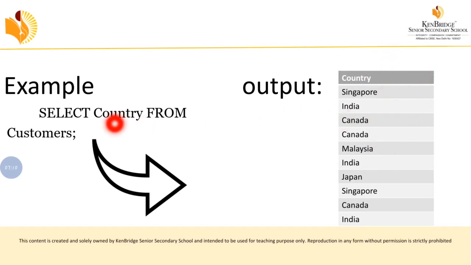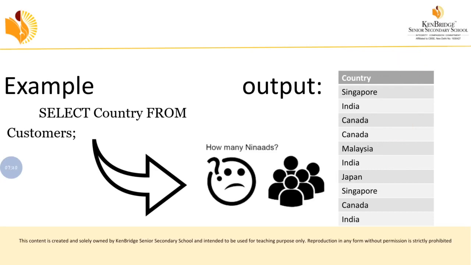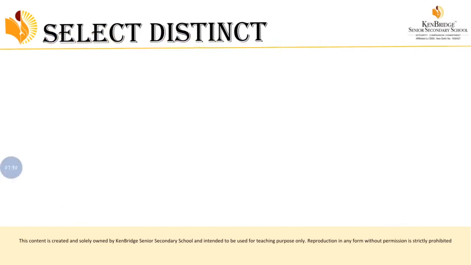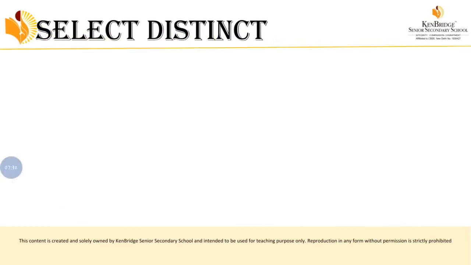Okay, because here we didn't use the word distinct. If you don't use the word distinct, you will get the duplicate values in your output. So many Indias are there, so many Canadas are there, so it will be confusing, right? Because of that, we are going to use the distinct statement. Now we are going to see the query using select and distinct. So let's see how the query will be.